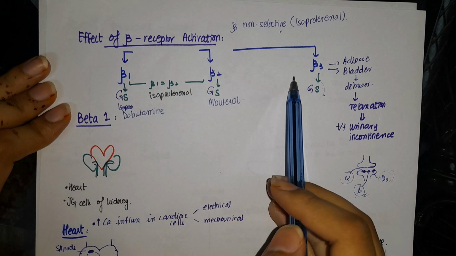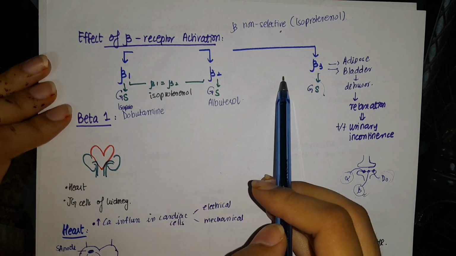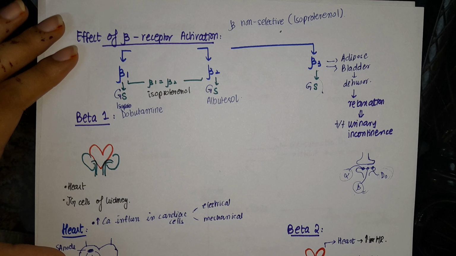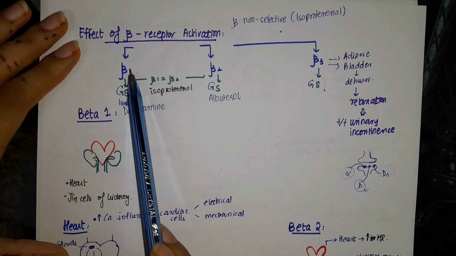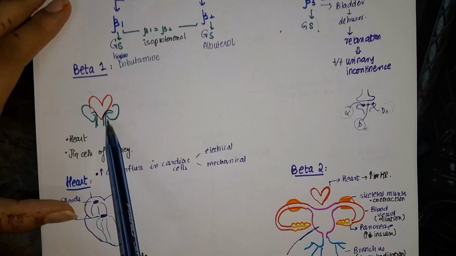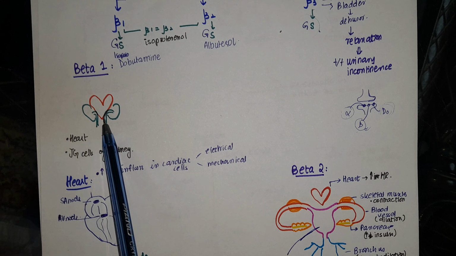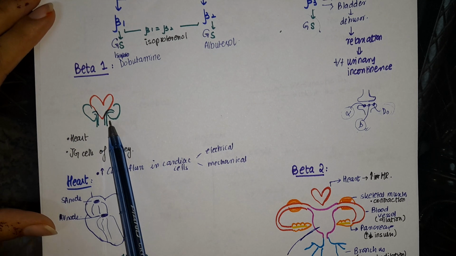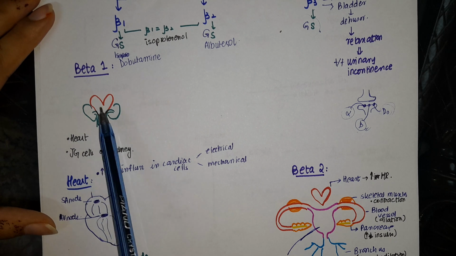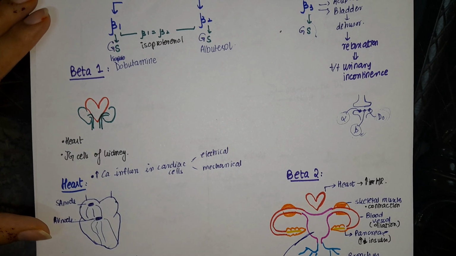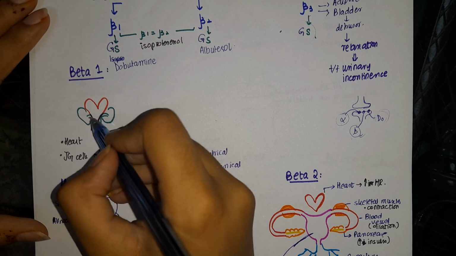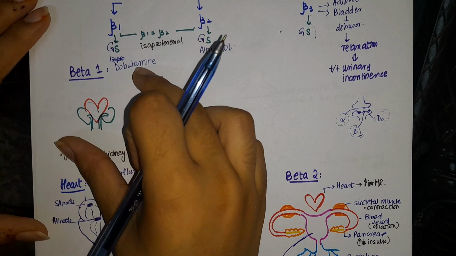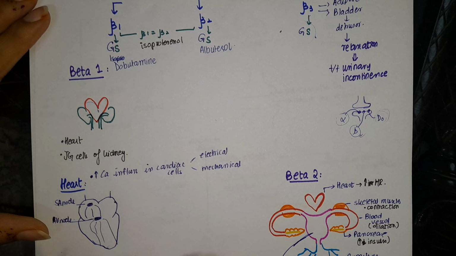So all the three beta receptors are stimulatory in their function, and they are going to increase the level of cyclic AMP whenever they exert their function. First of all, we will talk about the beta 1 receptors. As you can see from this diagram, the beta 1 receptors are found on the heart and on the juxtaglomerular cells of the kidney. So this diagram will help you to remember it. Heart, juxtaglomerular cells. It is better if you make these diagrams with me. So the beta 1 receptors are mainly present over there.